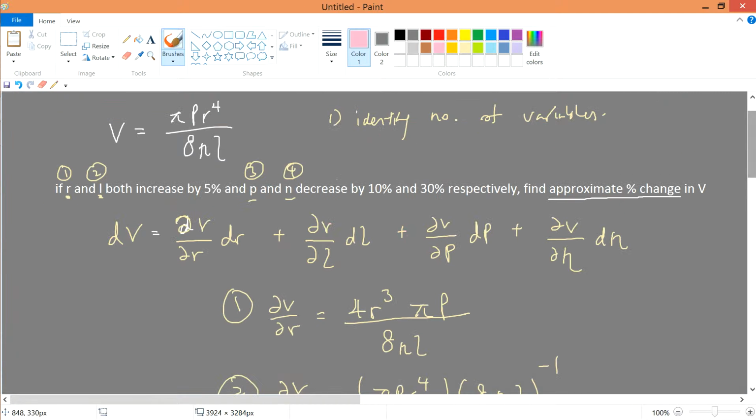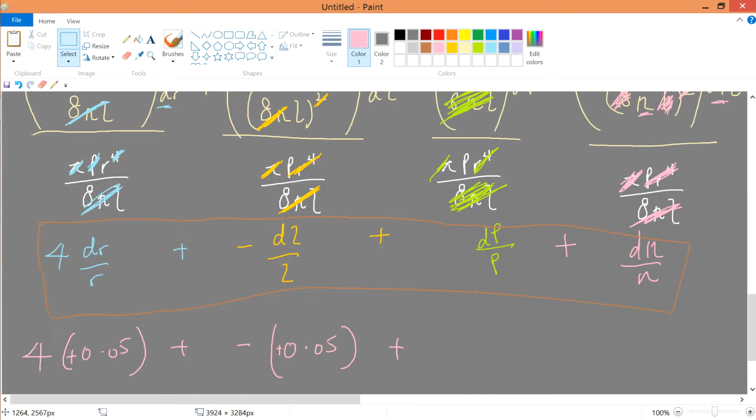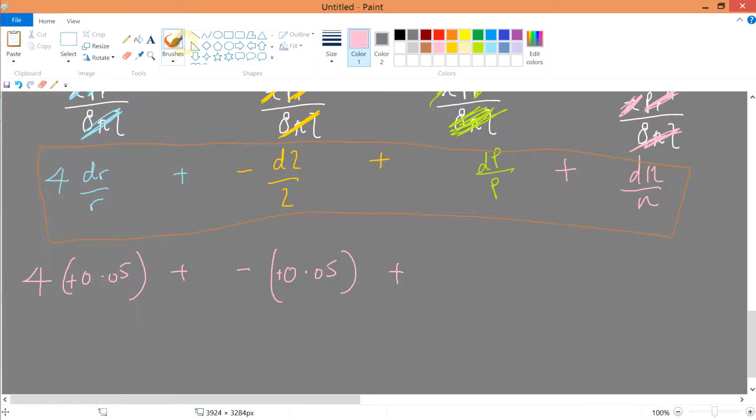It states that p decreased by 10%, and n decreased by 30%. So if we're talking about decreases, we're going to talk about minus, alright? So we have minus 0.01, not 0.01, 0.1, sorry, 10%,